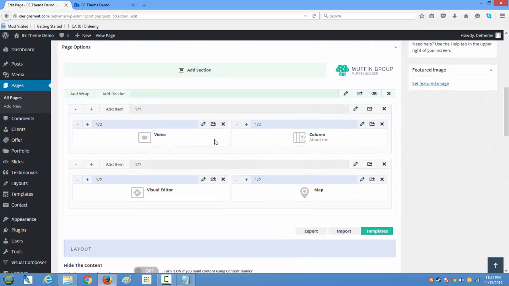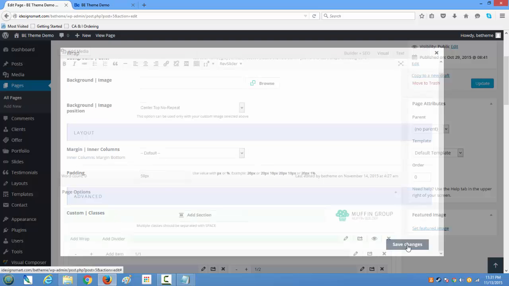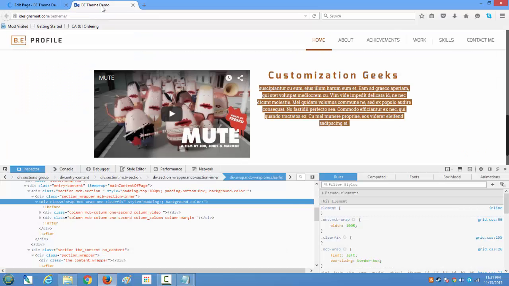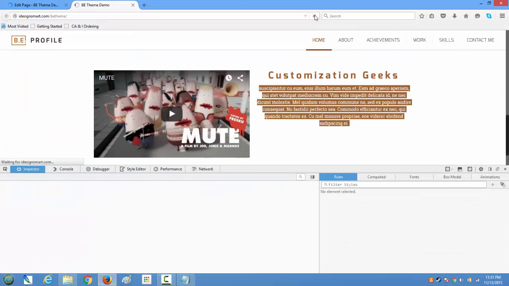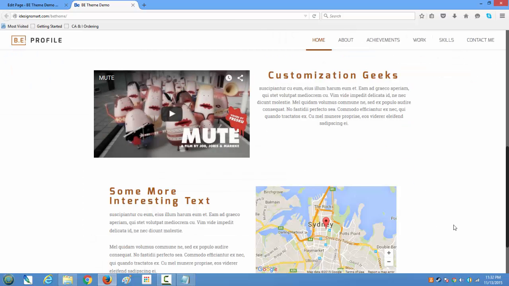So I have now two sections, one main section, and then I have 4 elements inside of my section, and maybe I want to add a little spacing between the two. So I will go in and I will specify a padding of 50 pixel, and then I can say save changes and then update the page. And now I expect to see 2 more things on my page once I refresh it. So I will refresh this page, close this Firebug window, and now you see that I have an interesting layout,